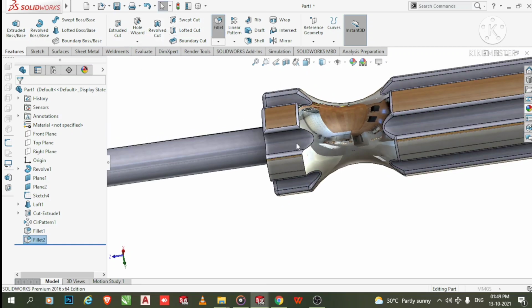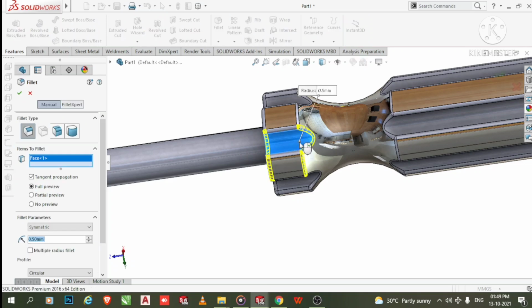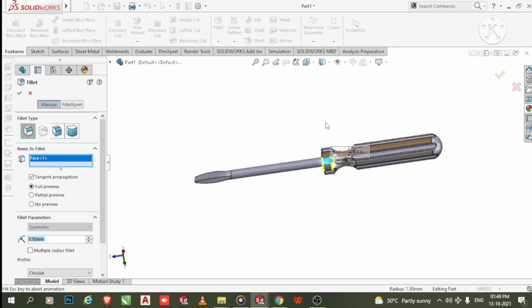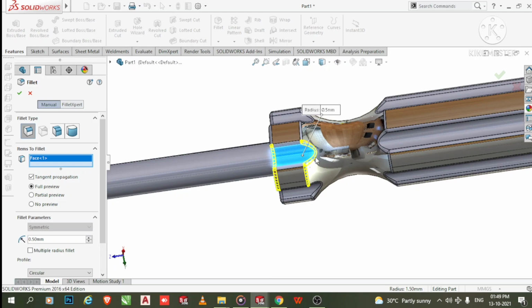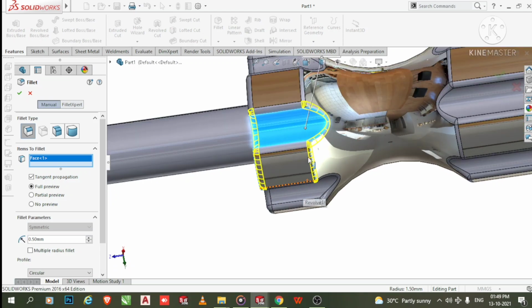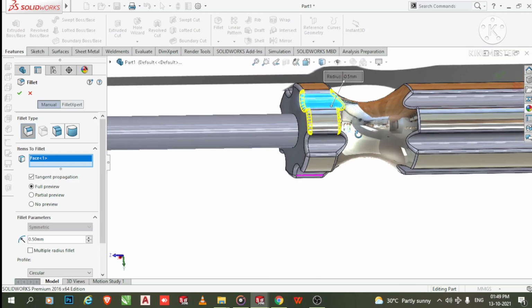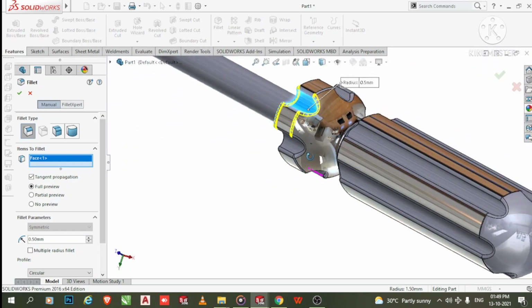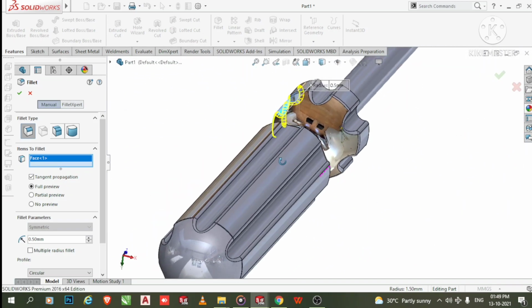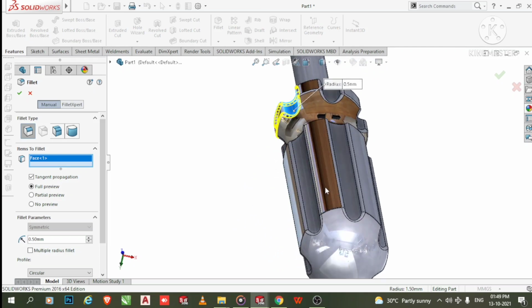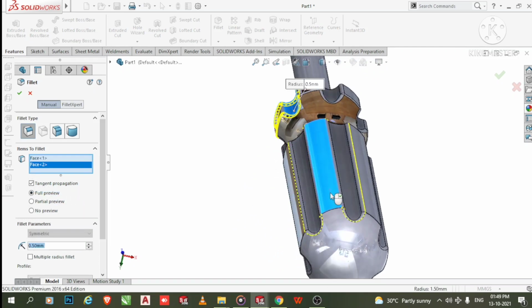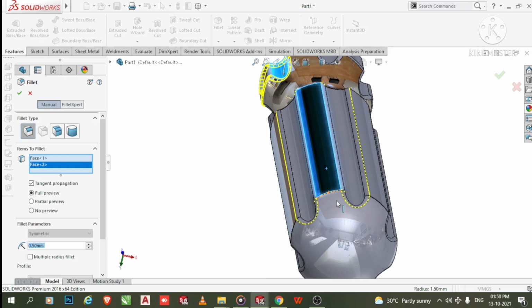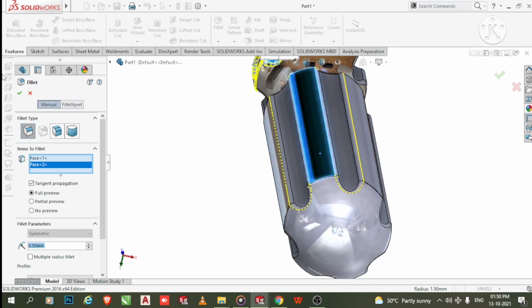Select this fillet and select this face, and so we apply the fillet to all these edges. Okay.